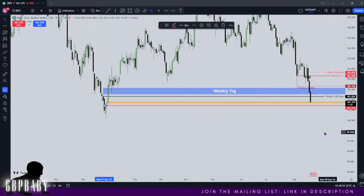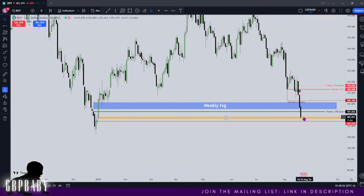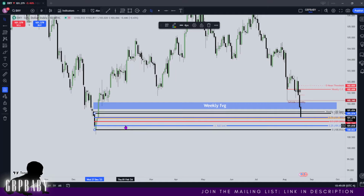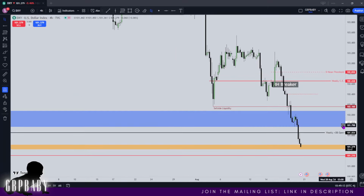Now, bear in mind, there is no high impact news tomorrow on Wednesday. However, on Thursday there is, and I'd like to think it can use that sentiment to potentially drive price back up and back into this week's range so far. So I'm definitely going to keep our eye on this level right here. Again, if you want to get that level on your charts, definitely just come to this order block and draw out the midpoint. And then let's drop down to the 4 hour and take a better look at price,